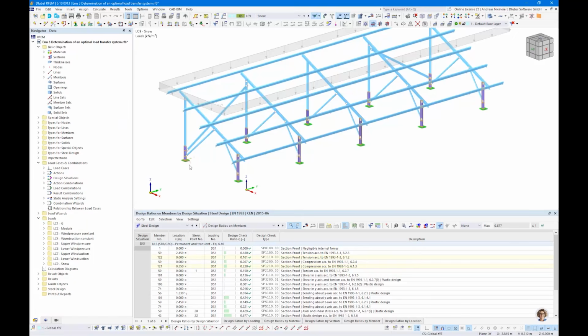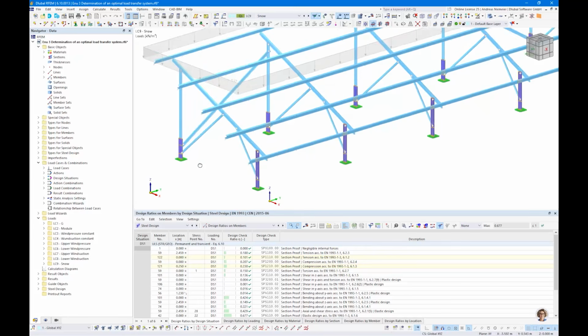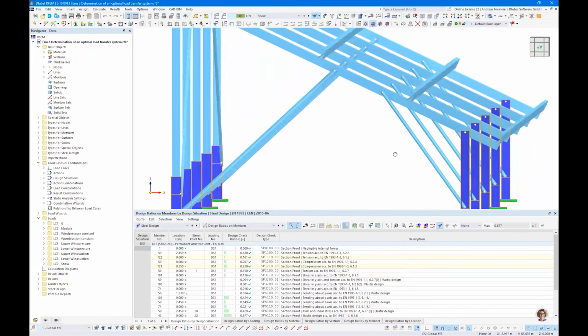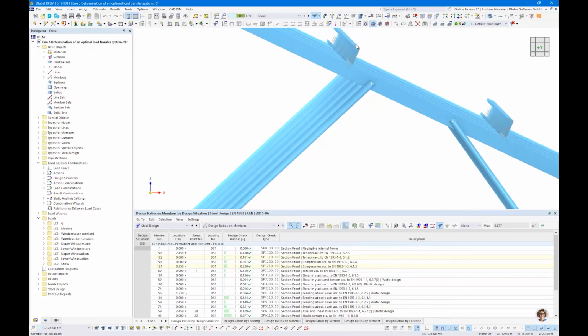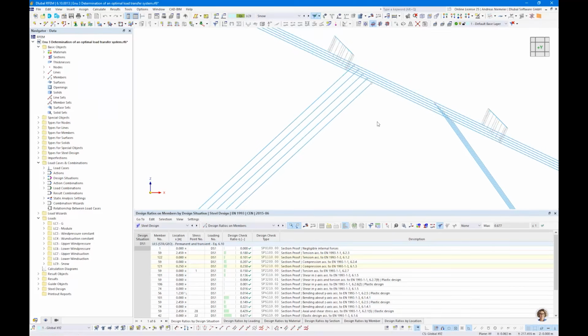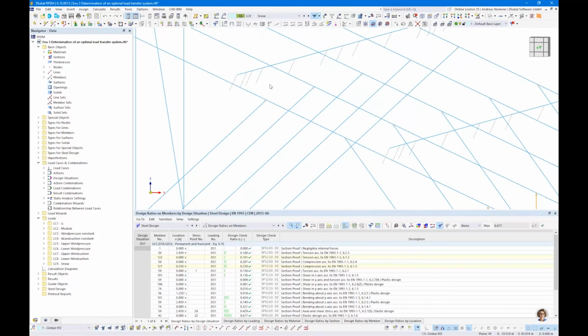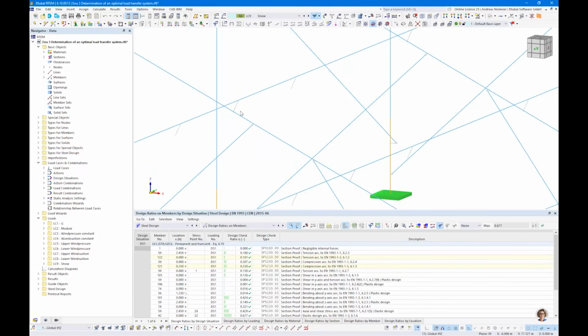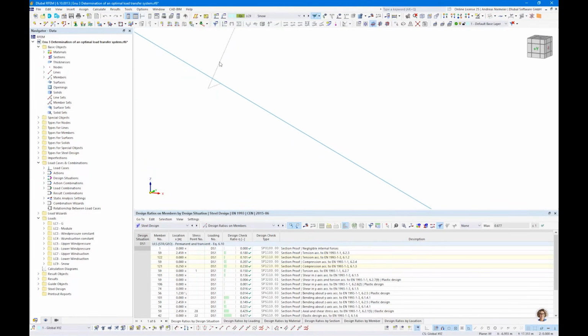We have here also the consideration of eccentricity. So for an outstanding person, it looks absolutely clear, like a drawing, that this beam is up on the top of the lower beams. But in structural analysis, this eccentricity has some effect. If you do it eccentric, it gets additional forces, and it's not only eccentricity in one direction